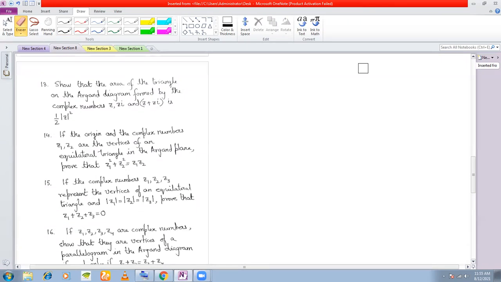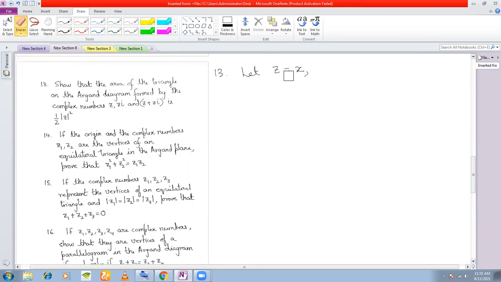Look at number 13. The question is, show that the area of the triangle on the Argand plane, Argand diagram, formed by the complex numbers z, zi, and z plus zi is half mod z square. Okay, so I start by saying let z is equal to